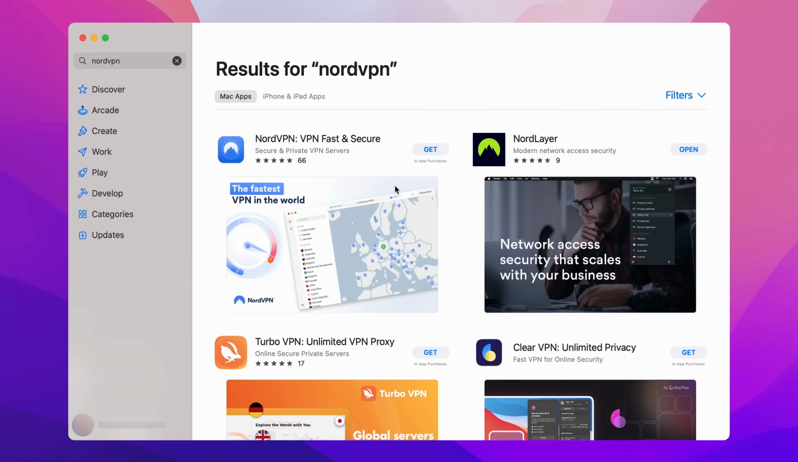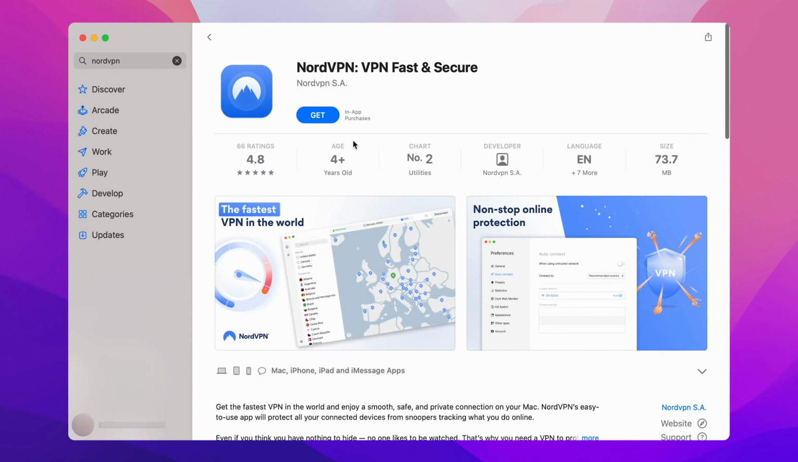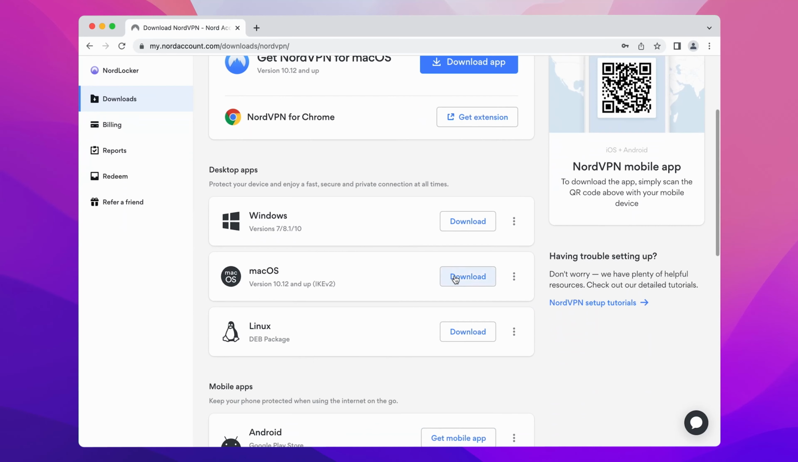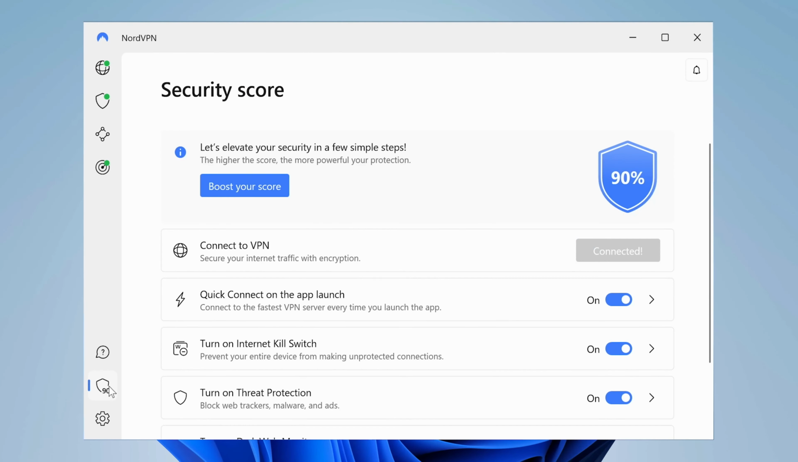A quick note to Mac users though, the App Store version of the NordVPN app only has Threat Protection Lite. To access the full range of capabilities, you can download the NordVPN app directly from their official website. To ensure that you have enabled all of the essential features, you can check the Security Score tab, which is